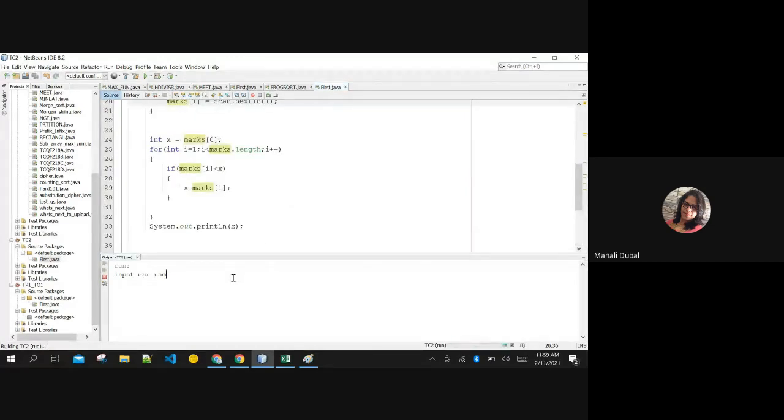Okay. I am entering the enrollment number 1. Let me enter. First marks is 20. Enrollment number 2. Second marks is 1. Enrollment number 3. Third marks is 50. Enrollment number 4. His marks is -9. Okay. See, the output is -9. Right? This is the smallest number. If you want to find the biggest number, same logic, just change this to greater than, right? Then we will compare for the biggest number. Are you getting it?